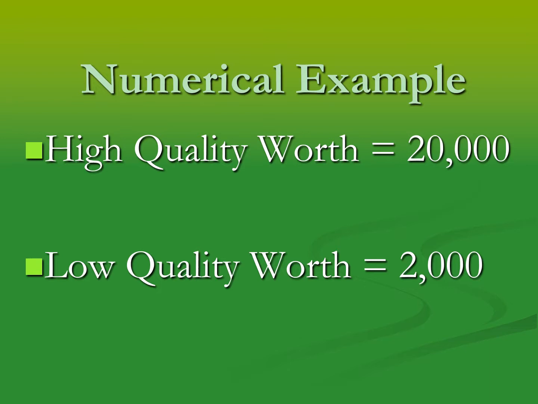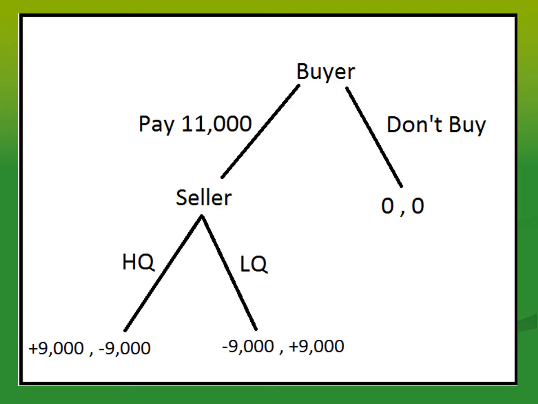Now, does this rough estimate or first approximation make sense as what the price will actually be in this market? Is this the equilibrium price then? Well, let's look at this situation from a game theoretic standpoint. We'll put this into an extensive form game and see how the logic would work out. If we put the buyer as the first player and the seller as the second player, we can think about the buyer as making the decision to say, all right, I'm going to pay the expected value, the $11,000.